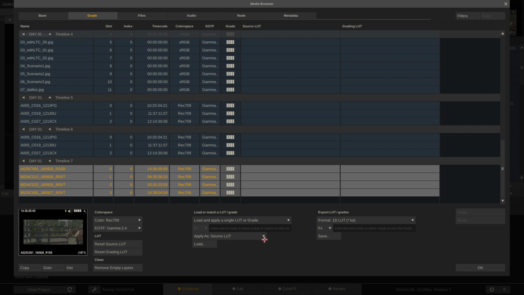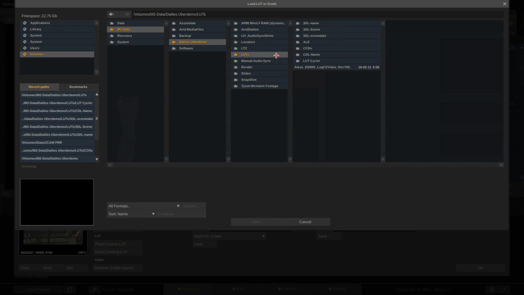Now down here, what you do is, first of all, decide whether you want to load and apply a single LUT or grade, which basically means there's just one LUT and it should go onto all the clips, or whether you want to match on shot name or search mask, which means I have a number of LUTs or CDLs and they need to be matched onto the corresponding clips, which I'll be covering in just a minute. And next, you would tell whether you want to load that lookup table as a source or input LUT or as a grade LUT. So let's switch this to grade, hit load, and I'll go to our LUTs folder,